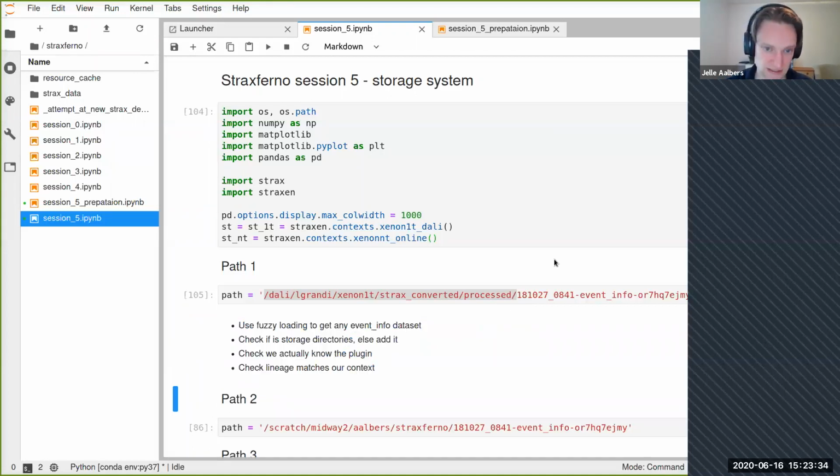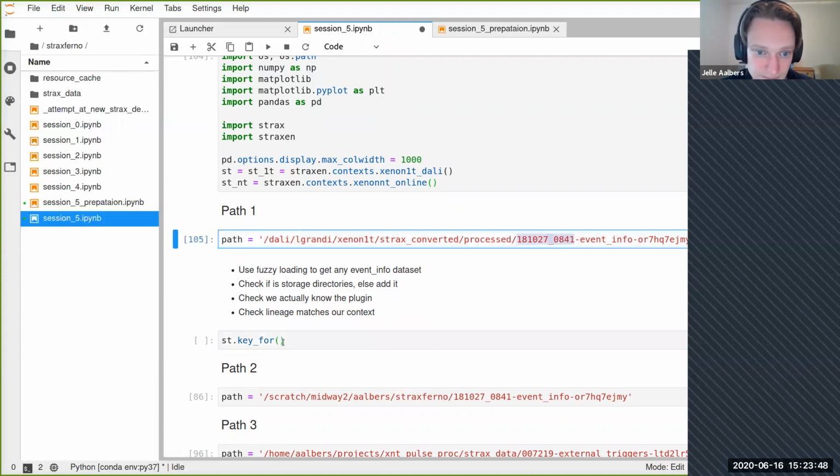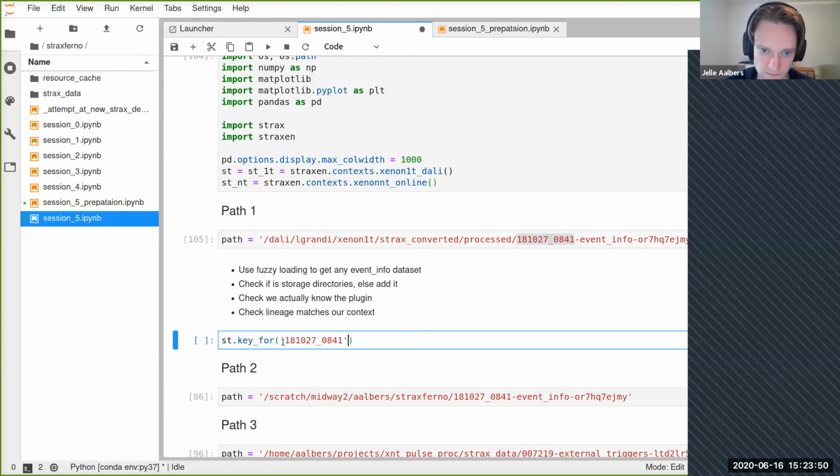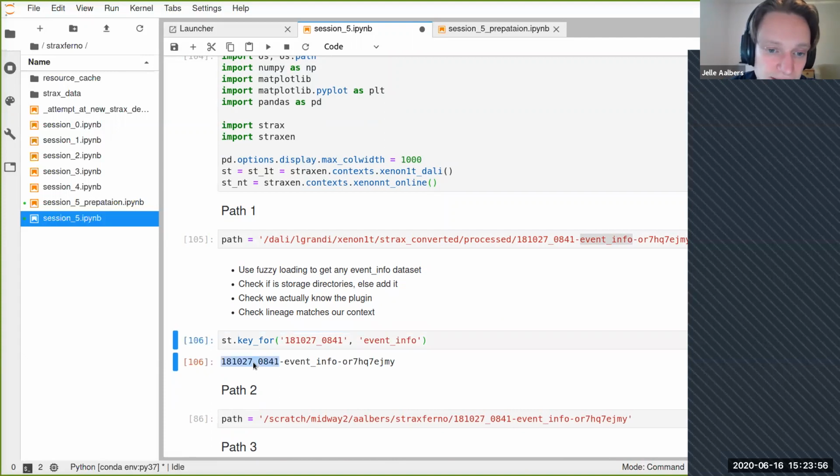So let's check some of these things. Event info, I'm pretty sure is there. Let's see what the key is for this data. Right, so the official hash for this data is OR7HQ7.